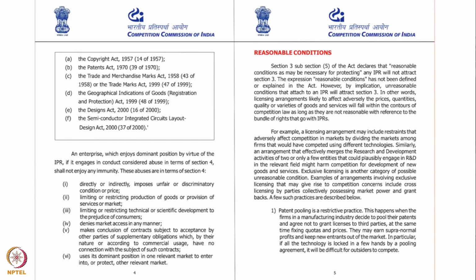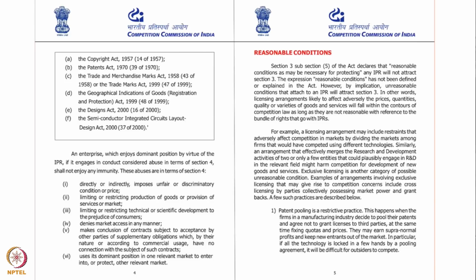And you can see there Copyright Act, Patents Act, Trademarks Act, GI Act, Designs Act, and the Semiconductor Layout Act. Now, with regard to abuse of dominant position, the Competition Commission says that the abuses are in terms of Section 4, which deals with abuse of dominant position, that they should directly or indirectly impose unfair or discriminatory condition or price, or it should limit or restrict